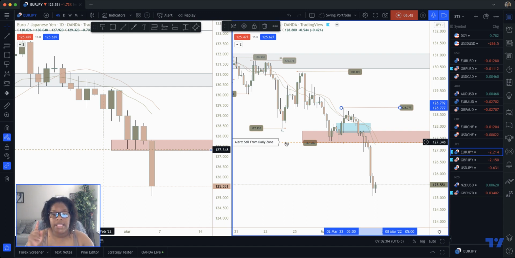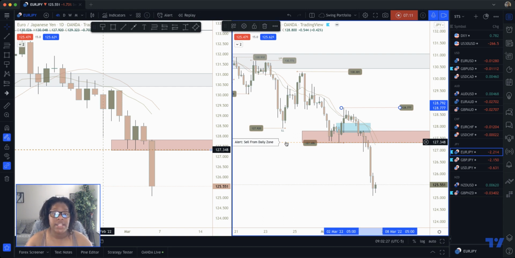Okay. This is important because I don't want to babysit my chart. I want to live my life this week. I want to go work out. I want to take my daughter to school. I want to wake my son up, take him to school. I want to work on other projects. I want to be in my community, my trading community. I want to coach my one-on-one clients. I don't want to babysit positions. I don't want to sit here and lurk until price is ready to get to where it needs to go